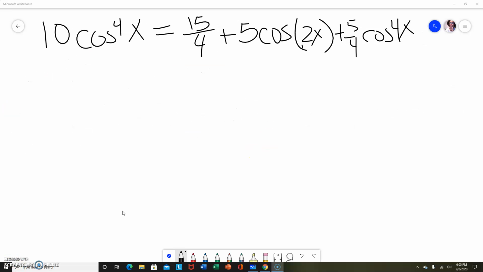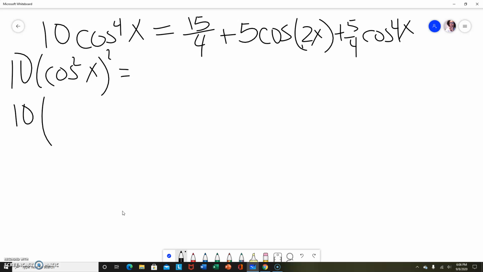Okay, for this next one, I want to use my reduction formula. I know this is going to sound weird, but I am going to work on the left side because I want to use that formula in particular. So we're going to try to make it look like the right hand side. We have cosine to the fourth. Another way of writing cosine to the fourth is cosine squared x, squared. Okay? So then we can write